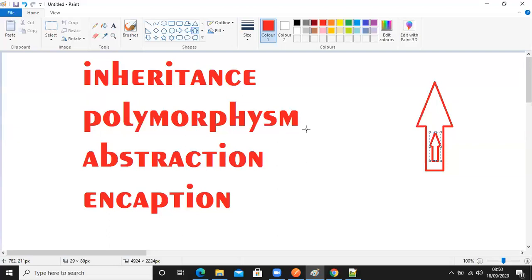Polymorphism, what should the definition say? We'll come back to all these things, don't worry. I'm just telling you what an object is and how we need to understand object oriented things. So polymorphism means one particular object behaves differently in different situations.